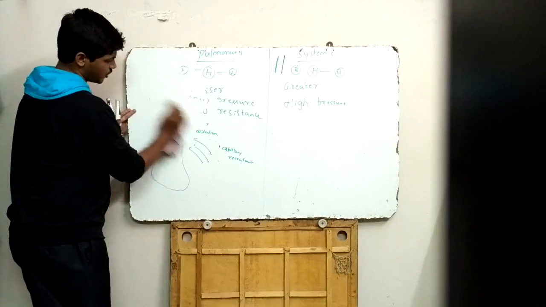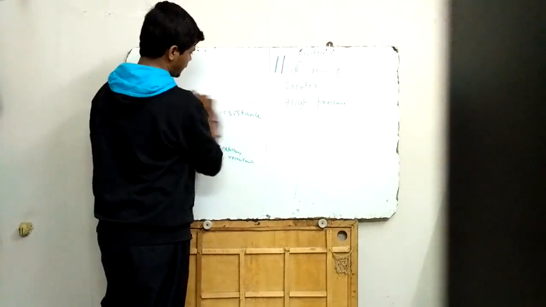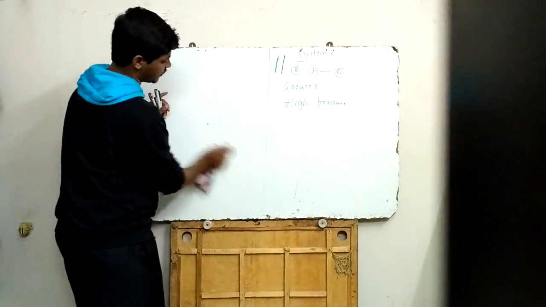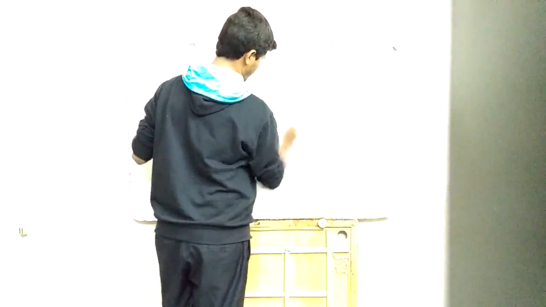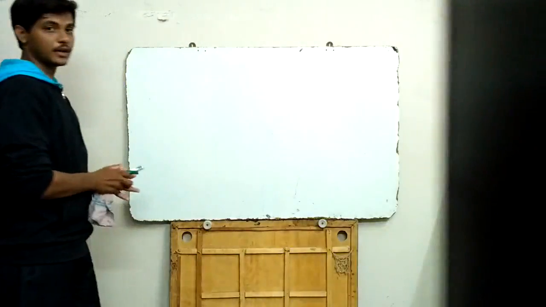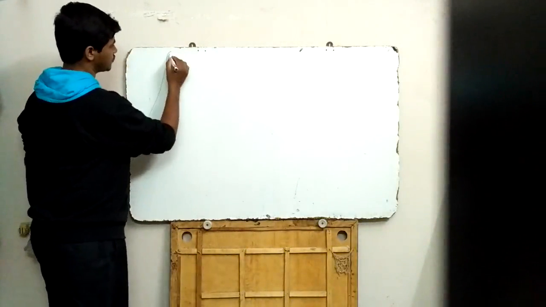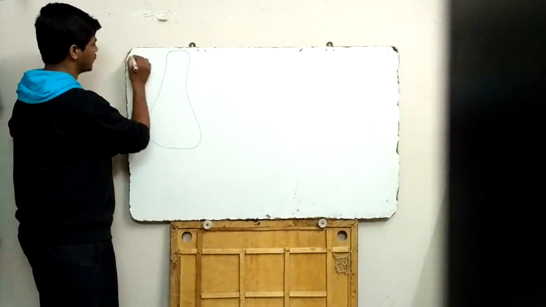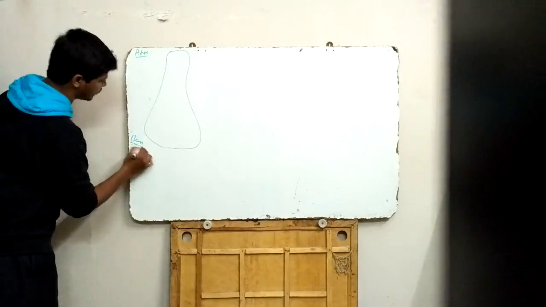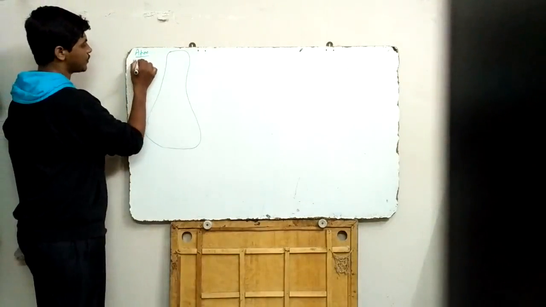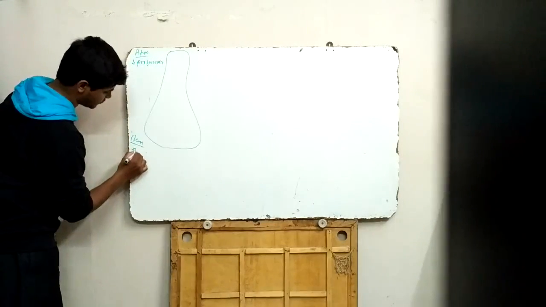Now this pressure in the pulmonary circulation is not uniform everywhere in the lungs. It varies. Naturally, because of the effect of gravity, the perfusion will be more in the base than in the apex. Actually, the perfusion in the base is 5 times more than that of the apex. This is the lung, this is the apex and base. As you move down from apex to base, the perfusion increases. So there is less perfusion in the apex and more perfusion in the base.